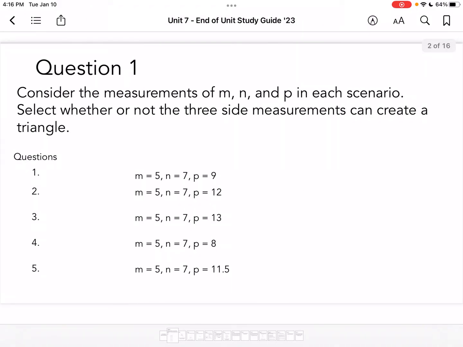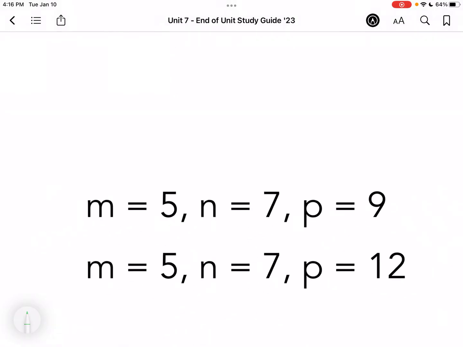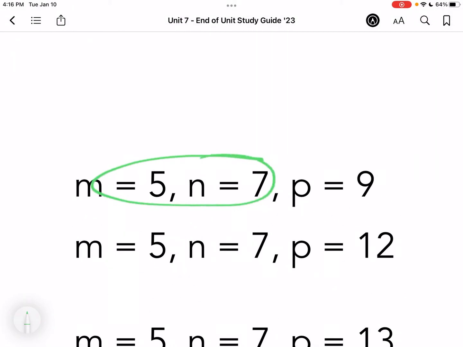So question 1: consider the measurements for M, N, and P in each scenario, and then select whether or not the 3 side measurements can create a triangle. Remember that the 2 shorter sides, when you add them together, have to be greater than the longest side. So I'm going to add 5 plus 7 and I get 12, and 12 is greater than 9, so